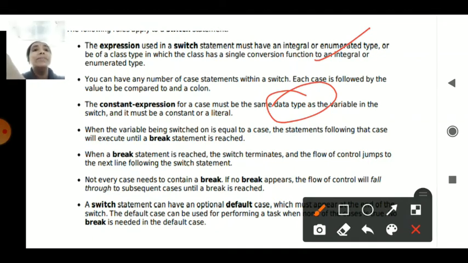If a break statement is there, then that case will end and it will move to the other statement. If no break is there, it only moves on when a break statement ends, otherwise it will hang in that particular section. And if the break statement is not present within the case, then that case will not be considered and it will move to the next case.